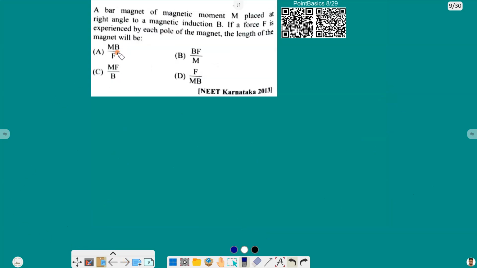Bar magnet of magnetic moment M placed at right angle to magnetic induction B. If the force F is experienced by each pole of the magnet, the length of the magnet will be? We have to find out the length of the magnet. Now it is mentioned that the magnetic moment is at right angle with the magnetic induction, so we can say M is perpendicular to B. It is not mentioned whether this magnetic field is uniform or not, and in this type of question, we consider by default that it is a uniform field. So in case of a uniform field,